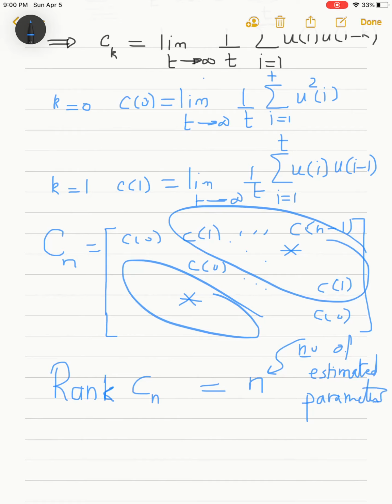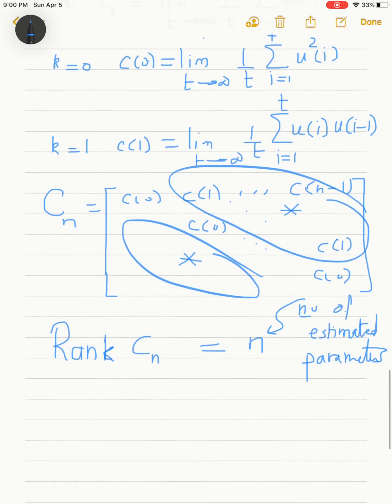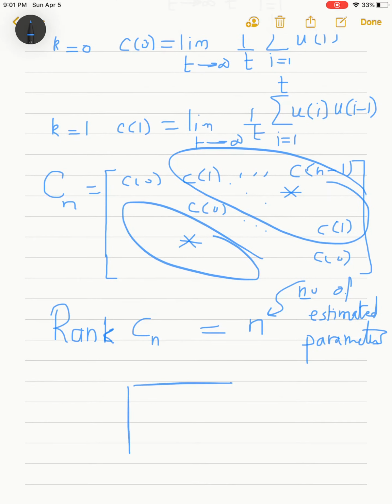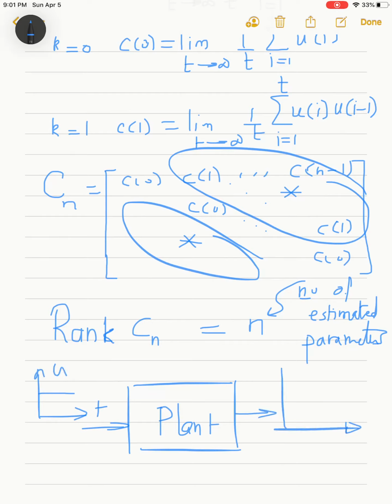So you can see now the connection between this covariance matrix and the persistent excitation condition. However, let us talk from a physical point of view about the meaning of persistent excitation. Suppose that you have a plant, say a motor, with constant input,